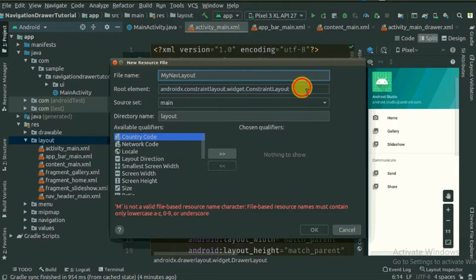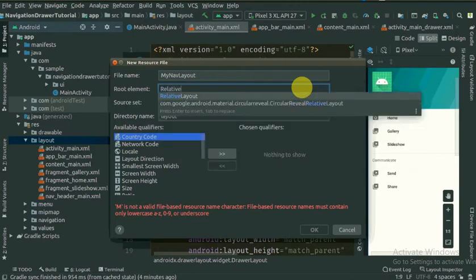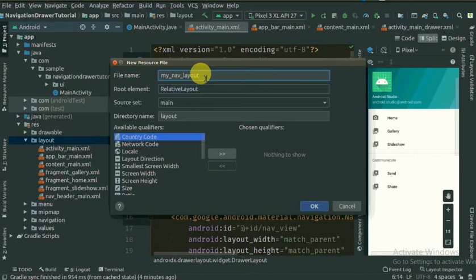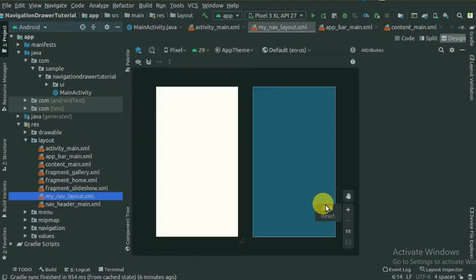Okay, and the root tag will be relative layout, and we have to pass our layout name in small letters. So my navigation layout, let's create our own navigation layout.